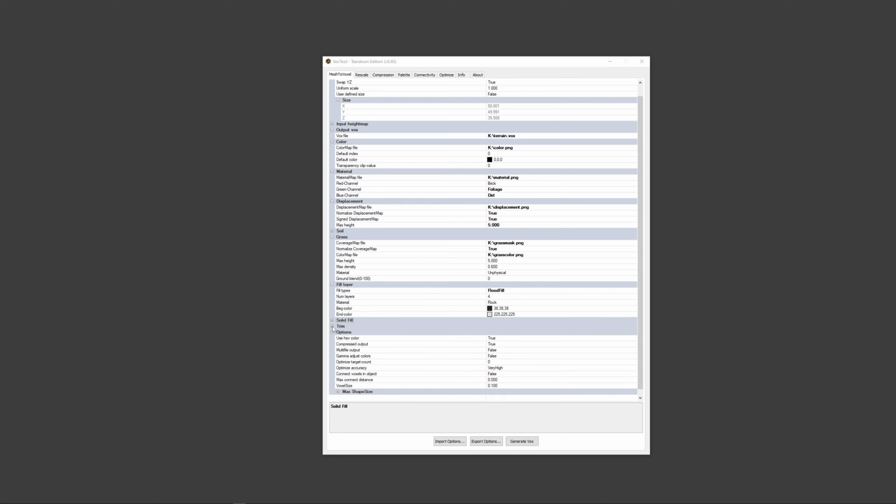Not doing a solid fill, we're skipping the trim. I'm not going to compress it because we want to take a look at it in Magica Voxel. Let's try, I can save my settings. Let's try generating it. And now let's take a look.